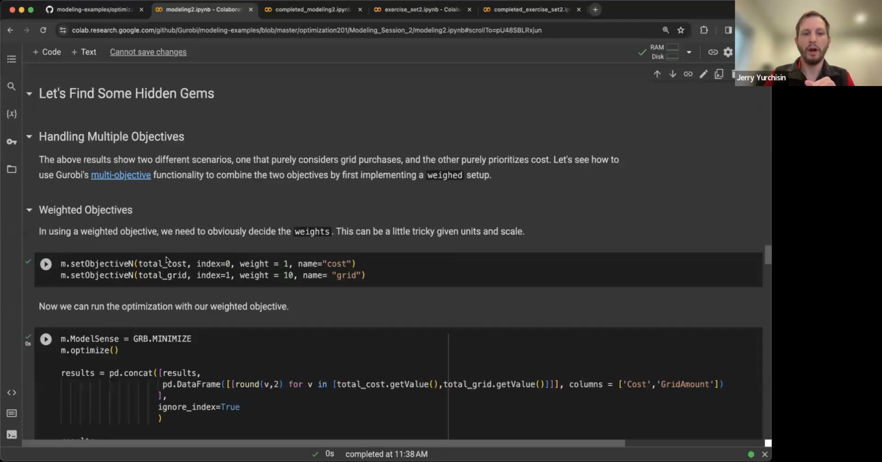So we're going to weight the cost with the value of 1. And then we're going to weight the amount that we buy from the grid with the value of 10. Now, what these weights should be is completely up to you. It is a case-by-case basis. And obviously there are going to be some changes. If I change this weight down here to 5 or 2 or anything else, we're going to get different solutions. And that's fine. So that's where a little bit of subjectivity comes into this: what are the right